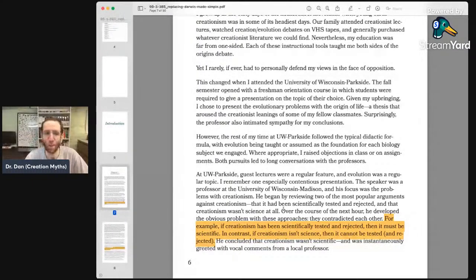There are specific claims that are made by creationism, specific hypotheses that are testable, and you can evaluate them, and they can be shown to be false. Things like if a structure or a system has irreducible complexity, it cannot evolve. Genetic entropy. These are hypotheses. They can be tested, and have been shown to be false.